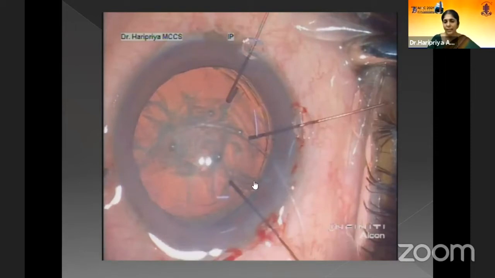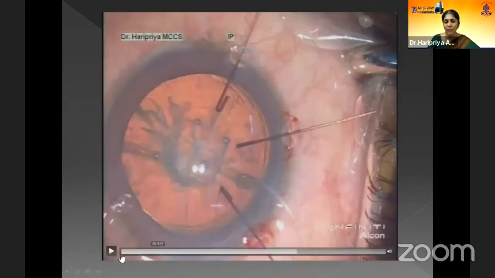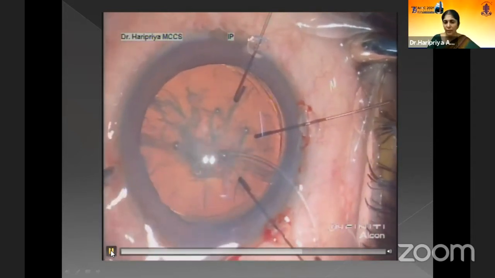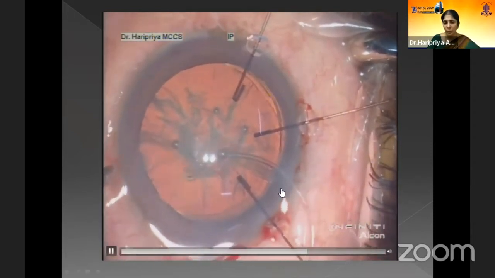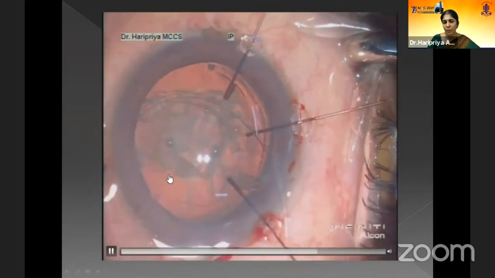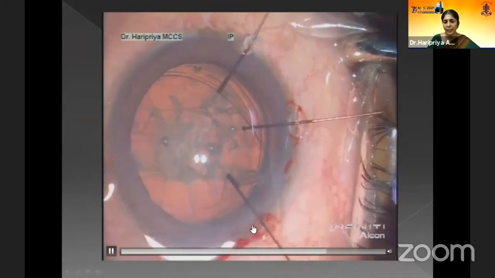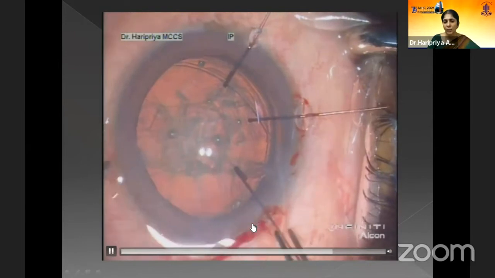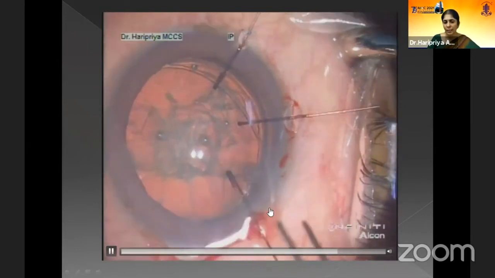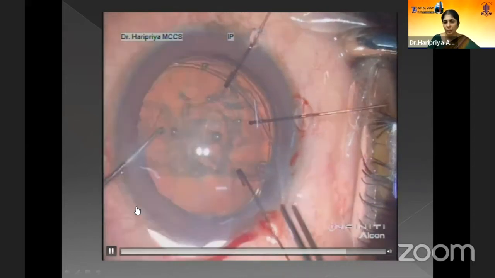While inserting the CTR, ensure that the leading haptic goes in the bag. I prefer the manual insertion technique. One can also consider using the Geuder or the single-use injector as well. But if you're using the manual technique, go into a side port and have the leading eyelet go into the bag under the rhexis margin. The rest of the ring is then gently nudged forward, and with the trailing eyelet one has to take care to ensure it goes in the bag. Before the trailing eyelet is released, stabilize the CTR from the outside using a Sinskey hook.